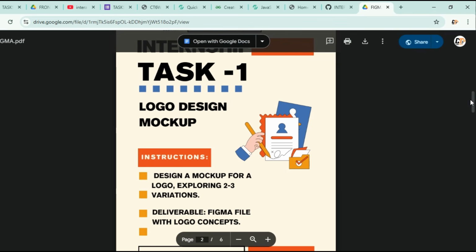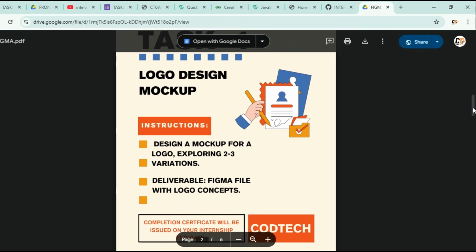So read the description very carefully and perform the task on the Figma app, which is an open source platform, and there is no need for any payment for the Figma app. And for the next task, that is